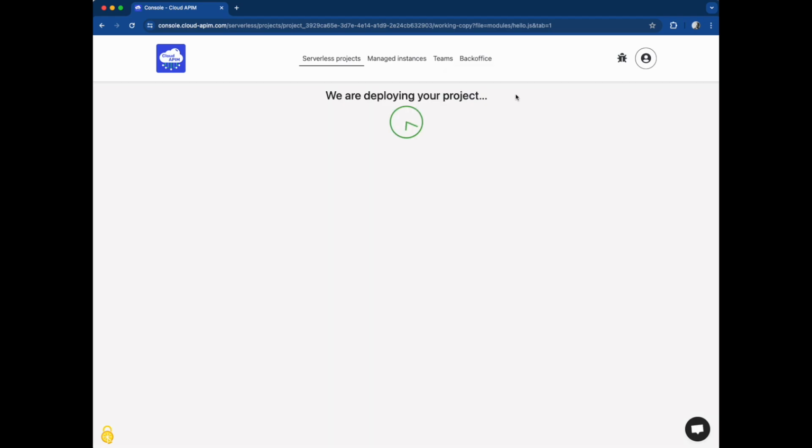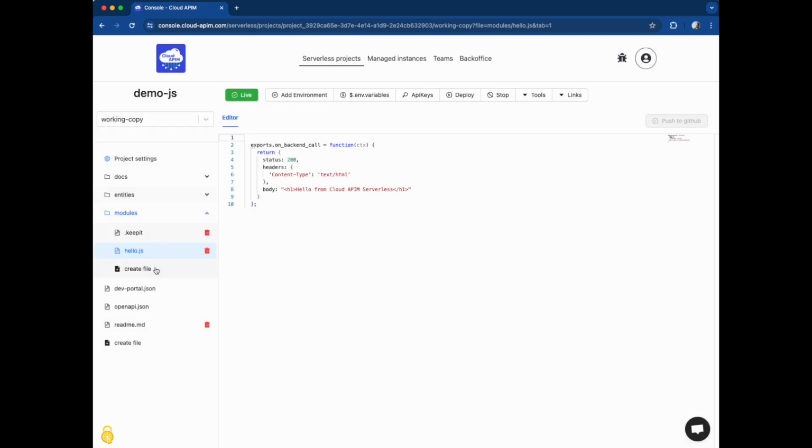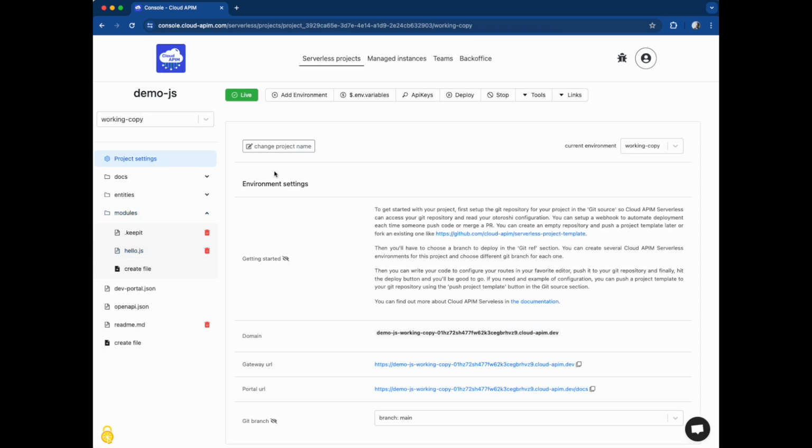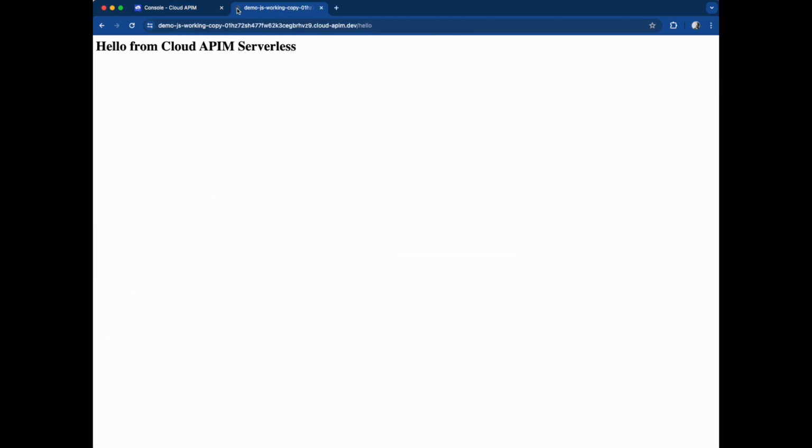And we are going to deploy the project. So now we are going on the project setting page, copy the gateway URL and add /hello, and voila,